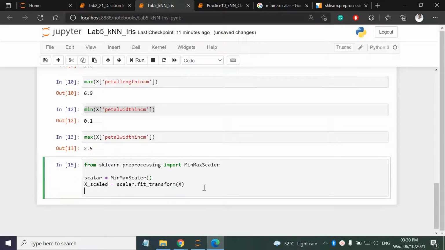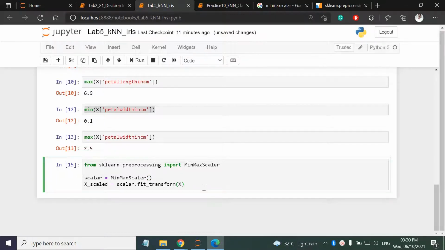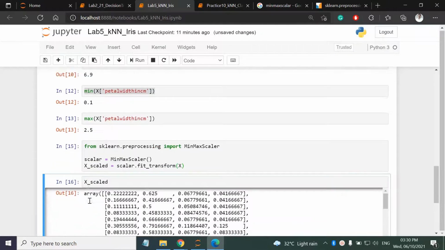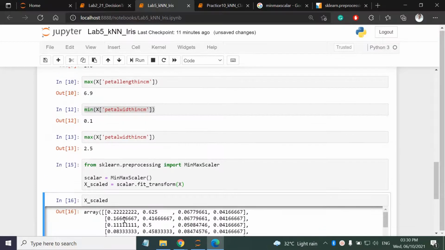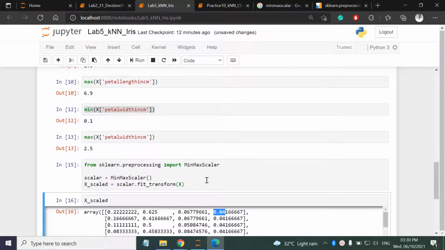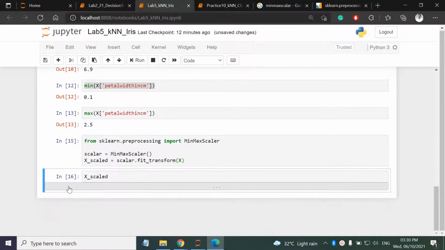And if I print this, see, everything is scaled to 0 to 1. First, see, 0.2, 0.1, 0.6, 0.06. Now they are in the same range. Now we can go for the KNN algorithm.